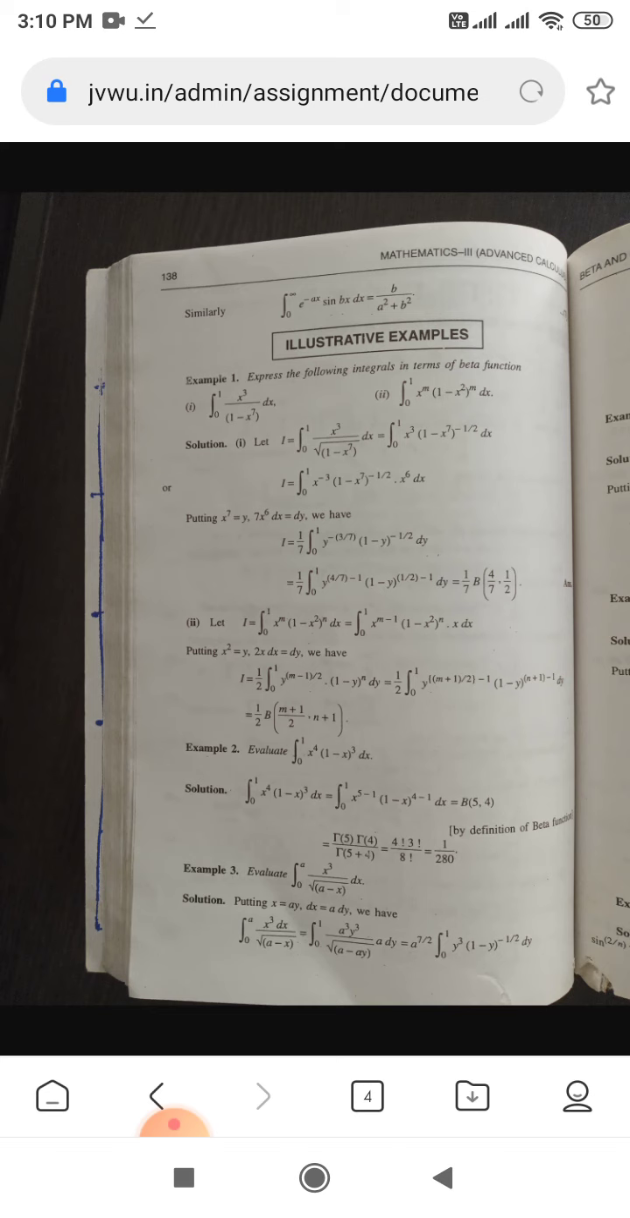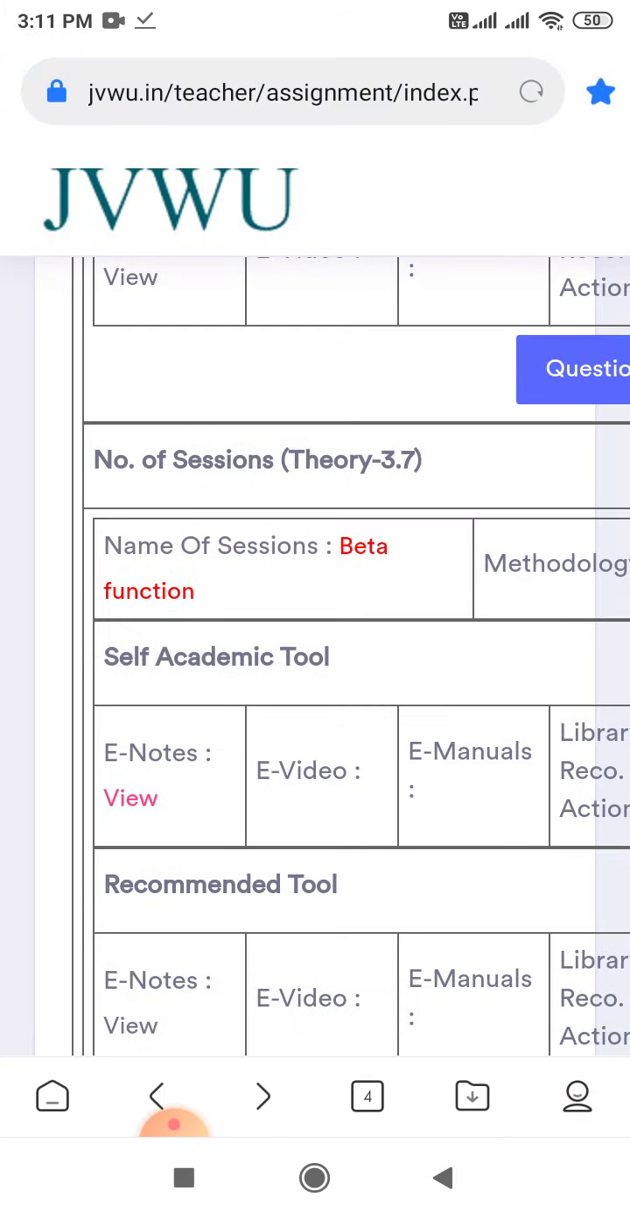Program BSc B.Ed PCM, 5th semester, course multivariate calculus and vector differentiation, and the session of today is beta function. So the first and second Eulerian integrals are known as the beta and gamma functions respectively. These integrals play a very important part in definite integrals and have wide application in physics and many other applied sciences. So beta function is a